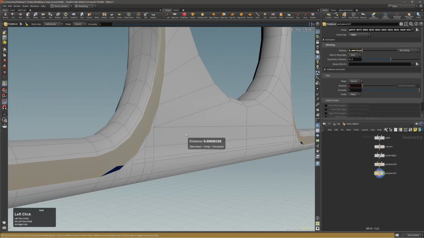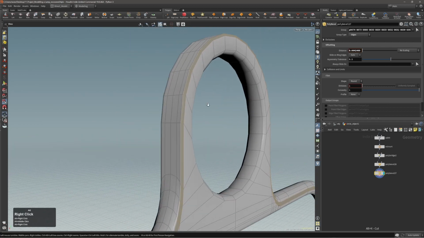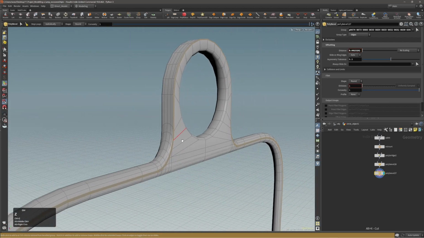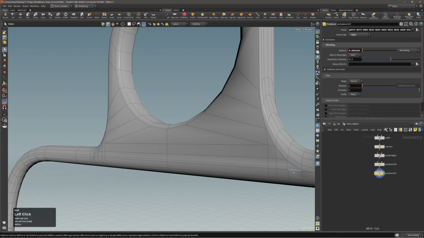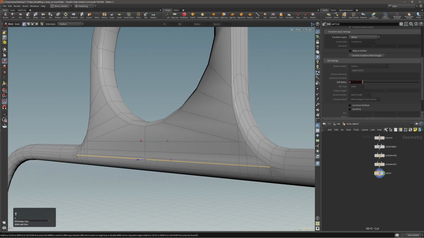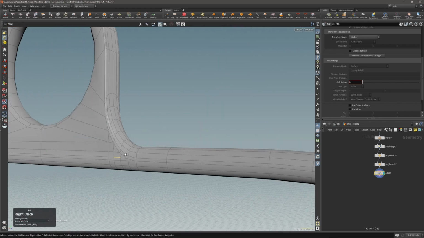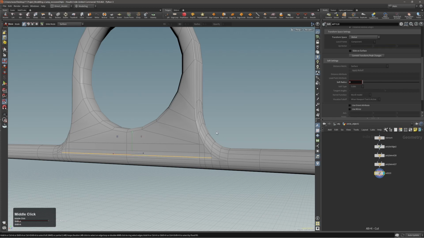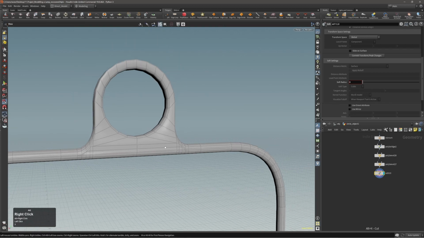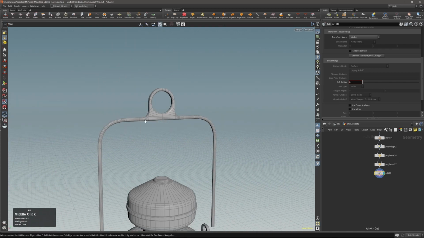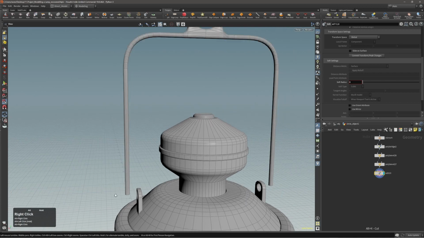Yeah, I can bevel this a bit more, but it's not gonna work, so I'll just leave it as it is, and then select this edge, bring it down, and this edge, and this one, now to align. And I believe that's it, except